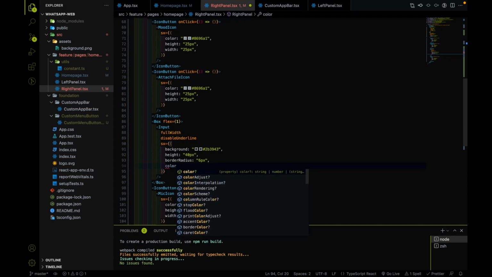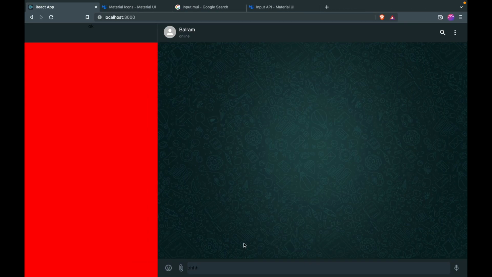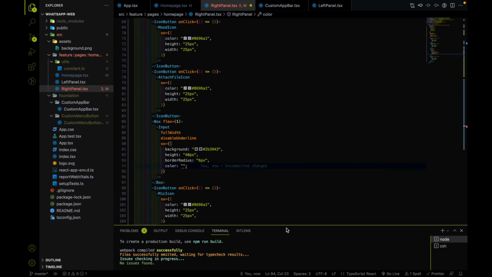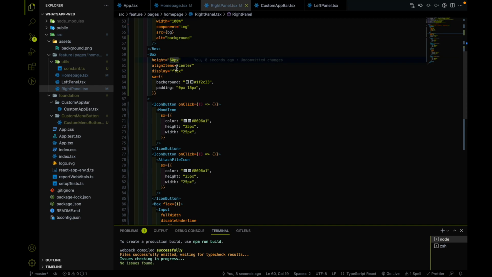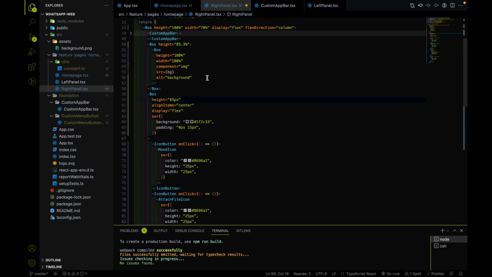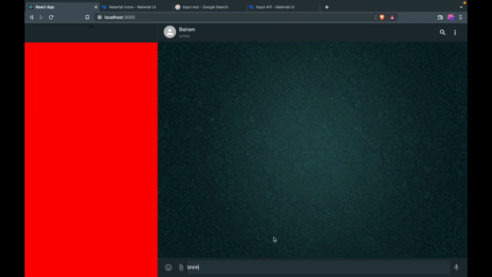What will be the color here? Maybe it will be white. I don't have a picture while typing, so I will not be able to find it properly, but yeah. I just wanted to increase this thing to 65px and decrease this thing to 1, so I can increase the height of the text field. Okay,